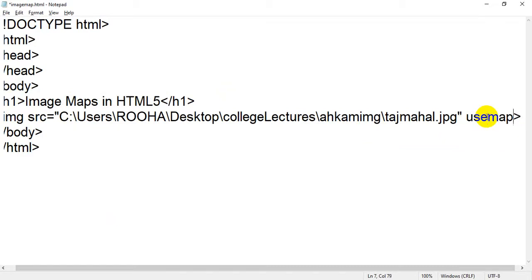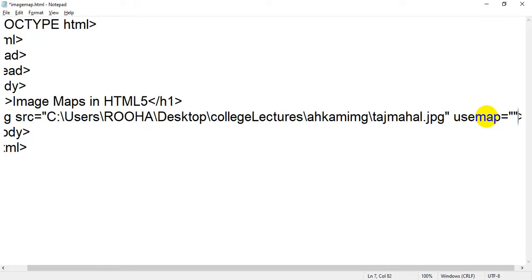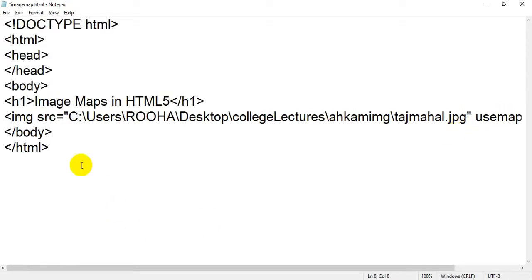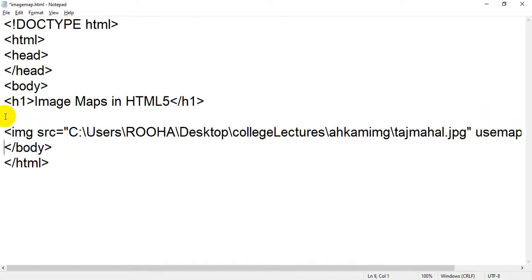usemap equal to, you have to assign some value. Okay, for example, I have assigned hash account. Okay, I have assigned hash is compulsory and you have to put some value. Okay, so you have written usemap. Now after this img tag, you have to enter map tag,